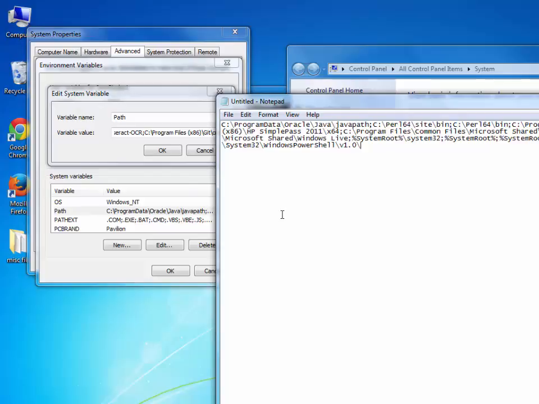Now yours won't look exactly the same as mine. We may have a different set of programs on our computer. But you'll see a long path like this. And so what's happening is when you type something on the command line, it's going to search through all of the folders, directories listed on your path here, and it's going to try to find that command within one of